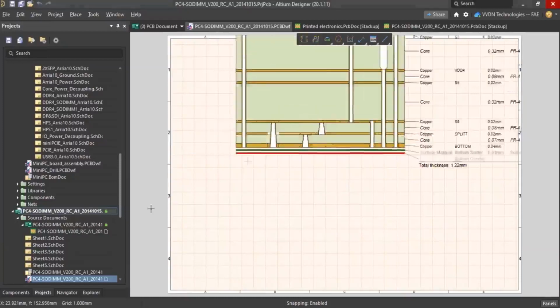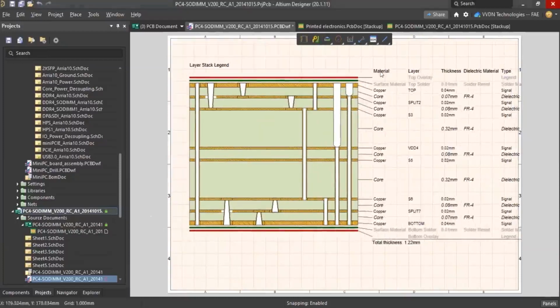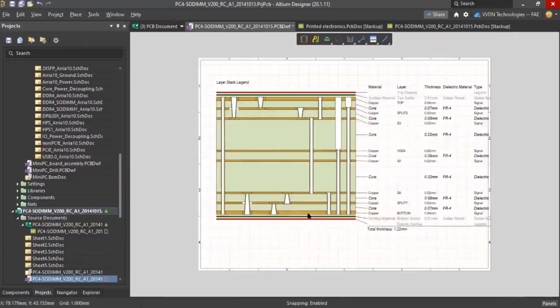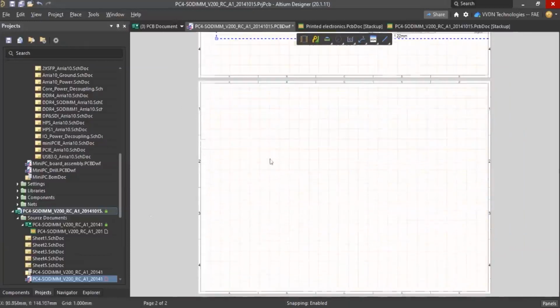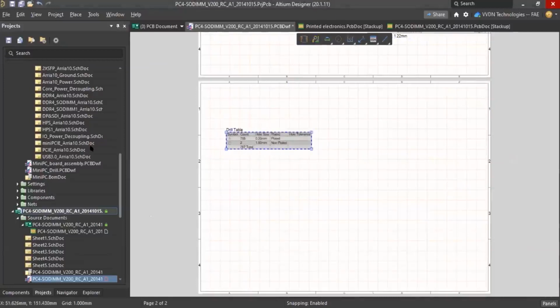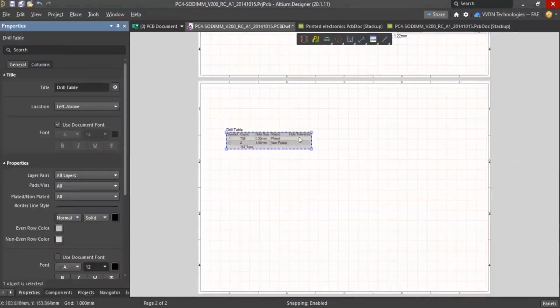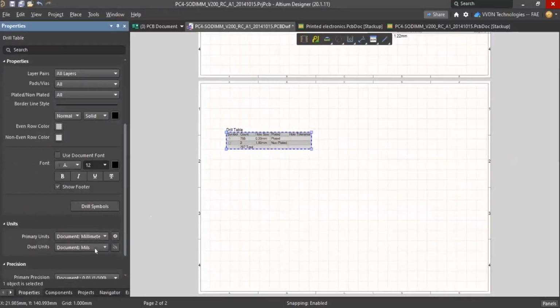This will take some time. See, surface material, everything is there. Even the via information, like what via structure we have used, can also be displayed in the Draftsman. Drill table, we haven't used it here, but if you have used back drill and all, you can separate that table. Yes, different tables.